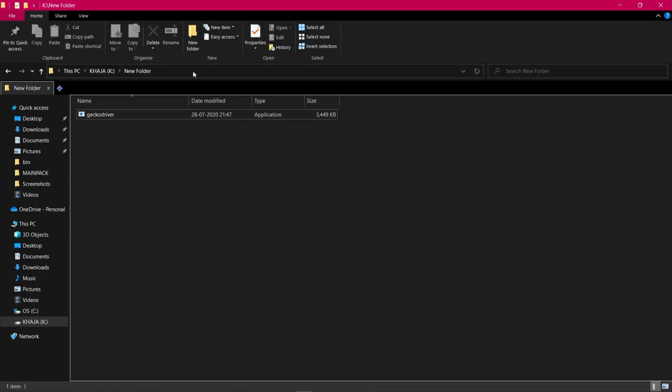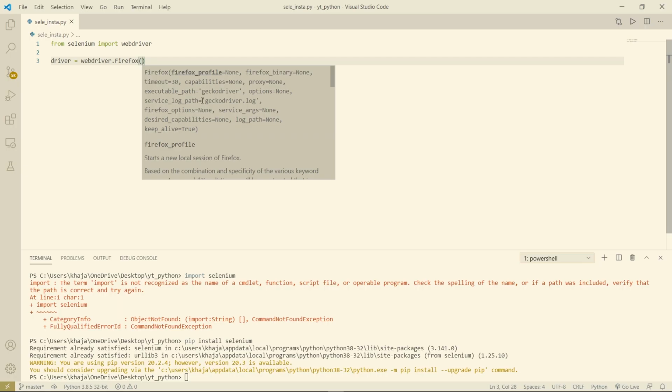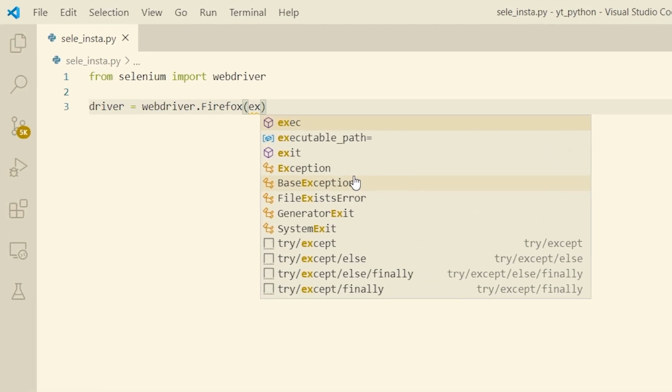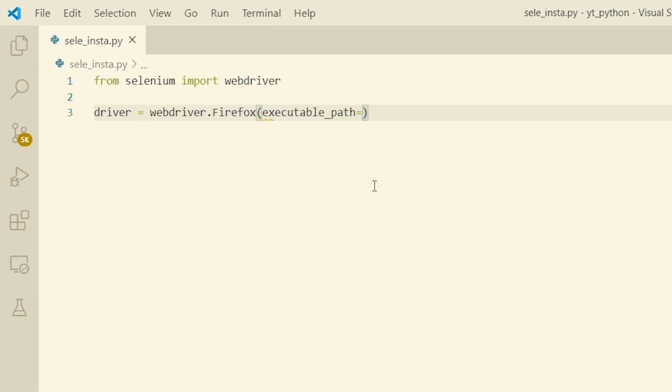Okay, I didn't copy that. Copy. Now executable path. As you can see here, executable path is equal to, and paste that path here, whatever you have copied, and that exe file, geckodriver, I think this spelling is right, geckodriver dot exe. That's it. We have to make this a raw string.